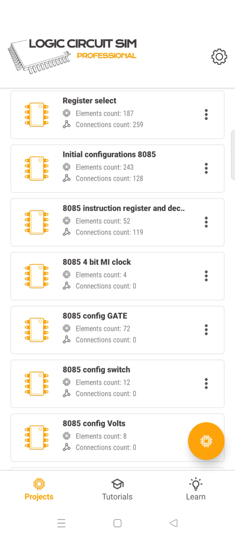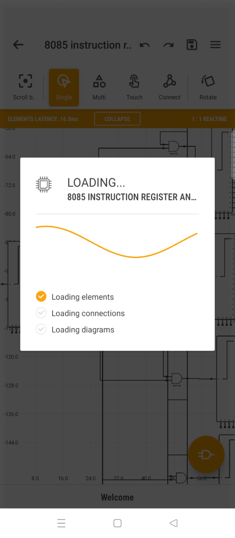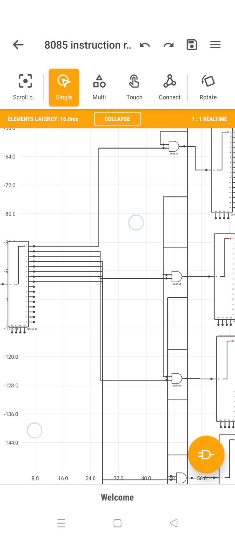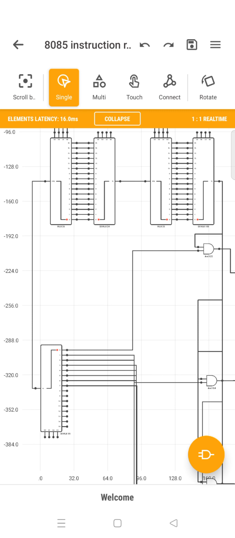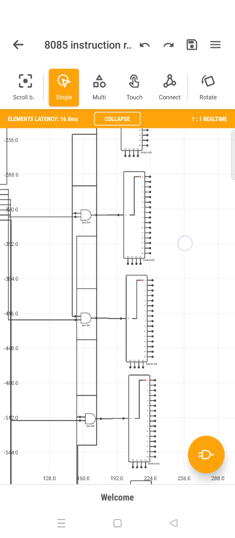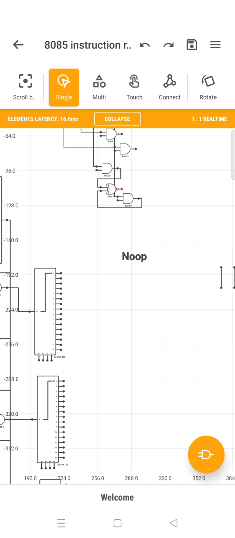Instruction register and decoder, okay. Let's see what the instruction set, register and decoder are. Instructions are a set of things which come in, and there is a set of multiplexers which are used to decode them.